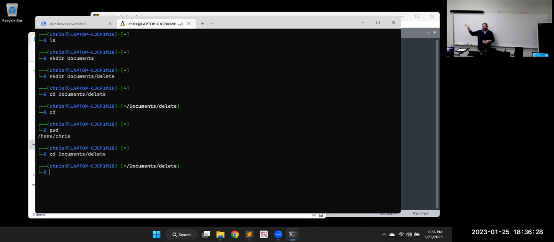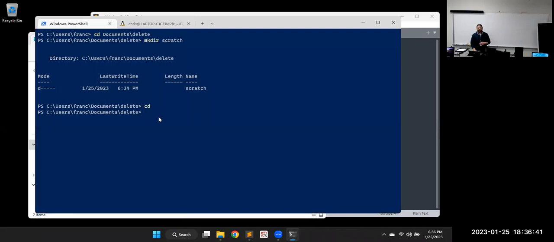Linux has to have the forward slash. The backslash is an escape sequence like you're probably used to in Python. Windows is supposed to have the backslash, but it will accept both. In 90% of situations, 99% of situations, it'll accept both. An escape sequence is the tick mark. It's technically called the grave accent, the thing next to the one under the tilde on the keyboard. That's the escape sequence for Windows stuff.